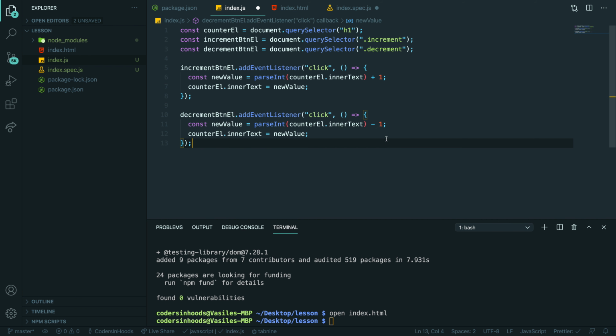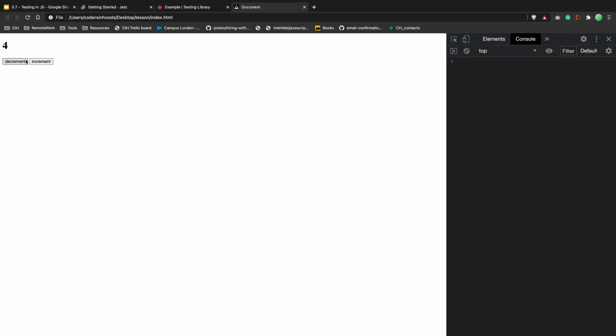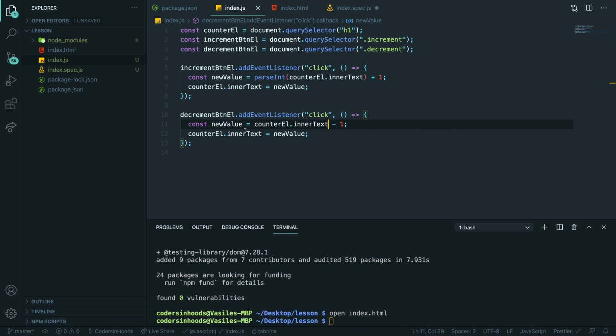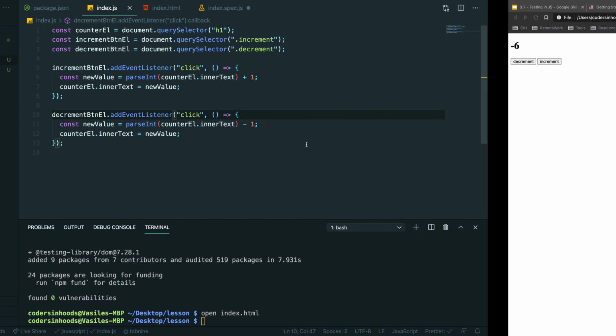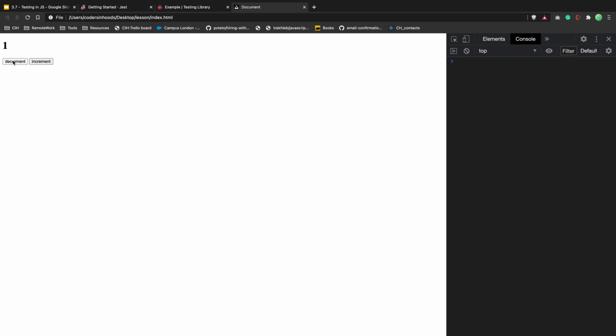You have minus. Save. By the way, the fun fact about JavaScript: if you have minus, look at this. It is working, because it recognizes minus and starts decrementing, treating this as math. But if you have plus, it's saying that you're concatenating a string with another string. Funny, it's a bit messy sometimes. But we want to write nice code, so we will parse the value. Yeah, okay, looks good.